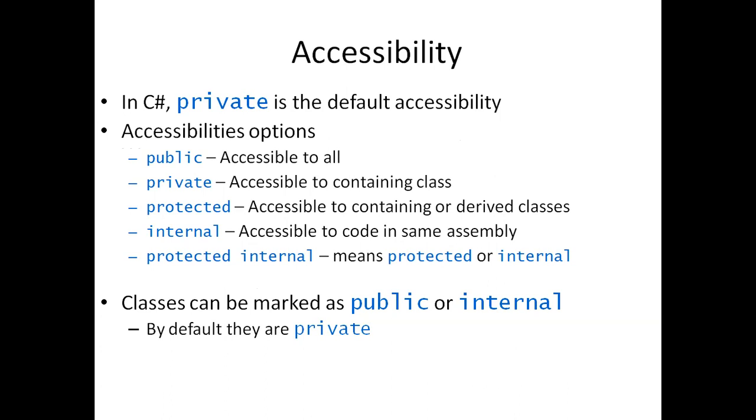So we have different access specifiers. By default, classes are defined as the private type. If we are not writing anything before the class, then by default it is a private class. Public, private, protected, internal, and protected internal are the different accessibility options, the different access specifiers. Suppose we define the class as public, then it is accessible by all.